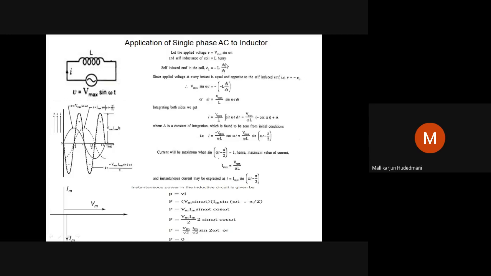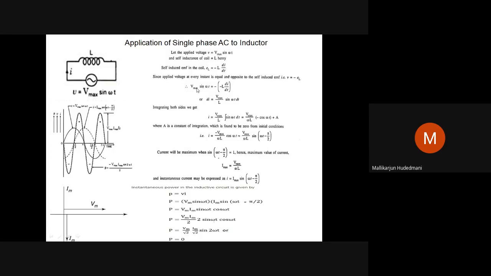Di, if I integrate, it becomes I. Hence, I took this phenomenon of self-induction in the inductor case. That is, induced EMF equals applied voltage. I am trying to correlate. When I correlate, you can see here Vm sin omega t becomes L di by dt. Keep di as the heading, and transfer all the rest to the other side.